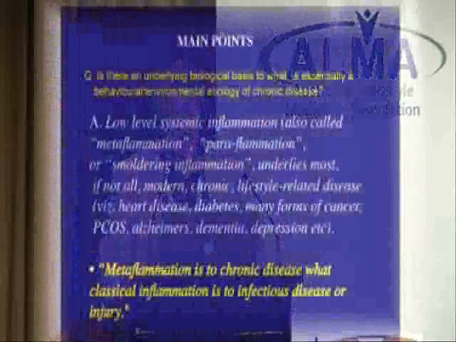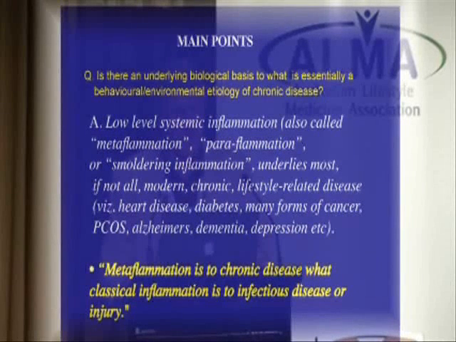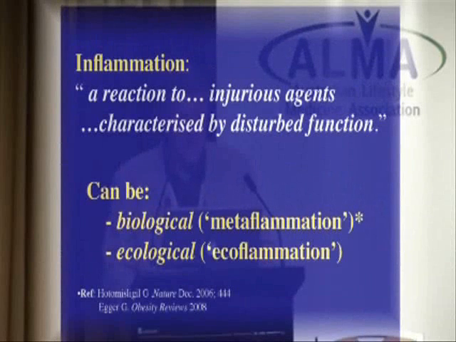So is there an underlying biological basis that's essentially a behavioural environmental etiology of chronic disease? Yes, it's this low-level systemic inflammation, and I think I made a mistake by not taking that previous figure out. But metaflammation is to chronic disease what classical inflammation is to infectious disease or injury. Now, I'm going to take a very bold step here and go one step further, and I've done this internationally, and I've also published on this, by suggesting that inflammation as a reaction to injurious agents is a reaction to injurious agents characterised by disturbed function. And it can be both biological or you can use